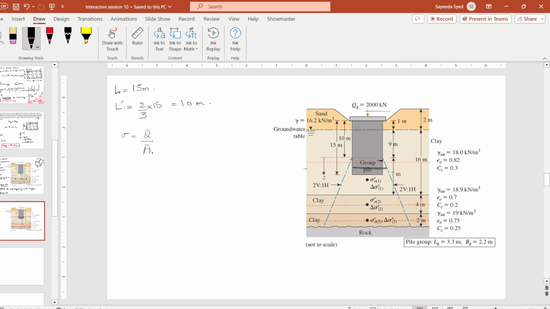This will be equivalent to, here. It's only this much. If this is 10, and this is 9,